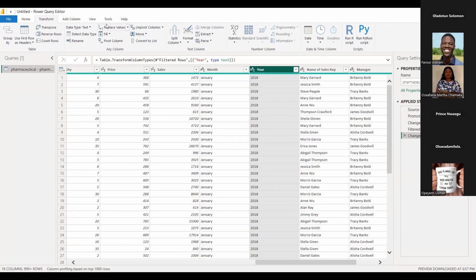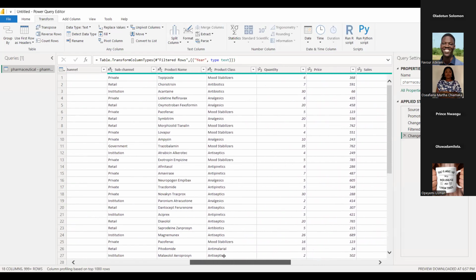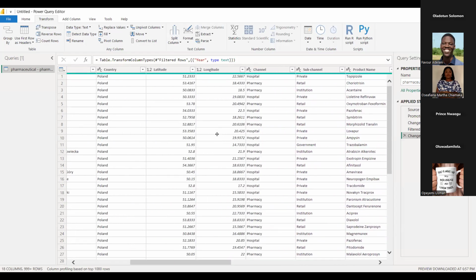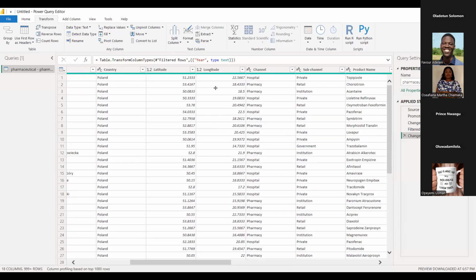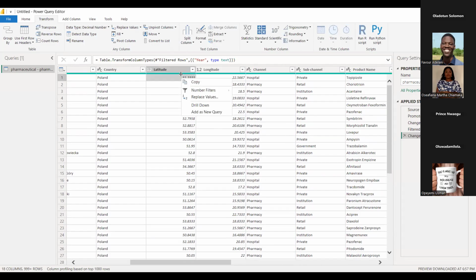So we're going to load this now, and if there's still a need for us to come back to Power Query, yeah, sorry, go on. I noticed the latitude stuff is in decimal, and not all of them are the same; some of them are in one decimal place and some of them are in more decimal places. Can we reduce it, or are we supposed to have taken time out to clean these columns?